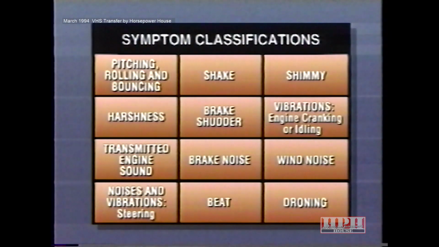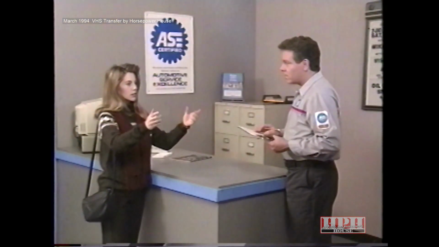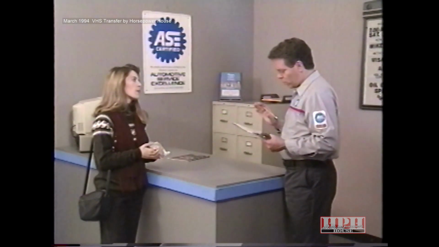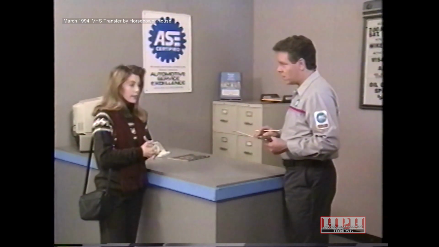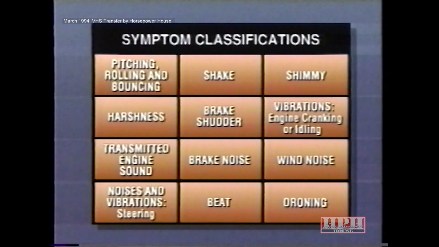You will also find a complete breakdown of generating conditions and probable causes for other symptoms like harshness, brake shudder, shimmy, etc. When analyzing symptoms, remember, your first step is to determine if the customer's claim is actually an abnormal condition. This is especially important with beat problems. Some beat problems are the result of vehicle design and cannot be corrected. After determining that the customer's claim is an abnormal condition, proceed to assign the problem NVH to a specific classification.